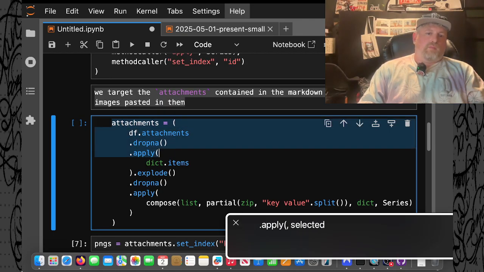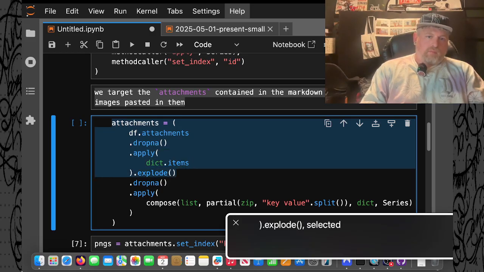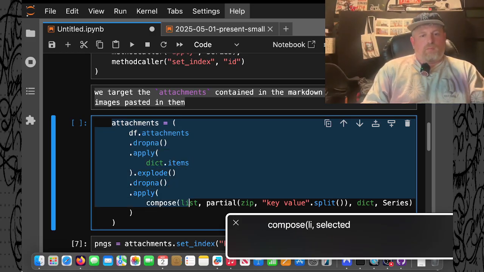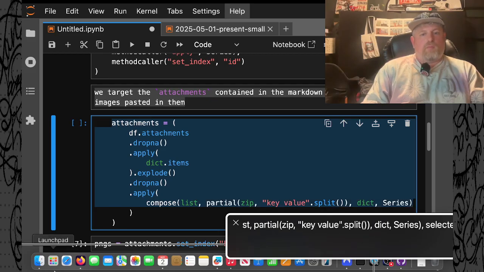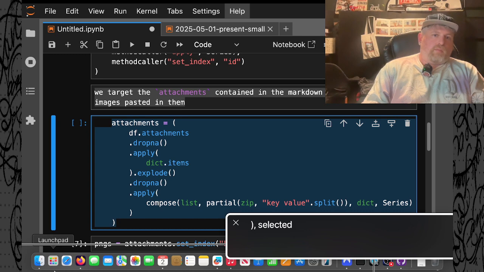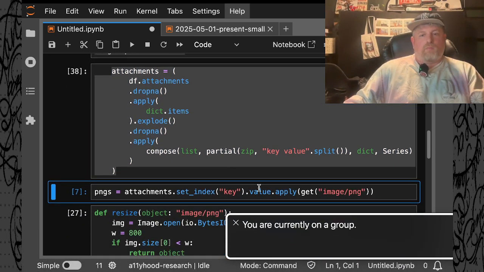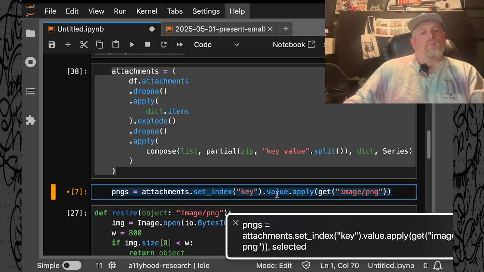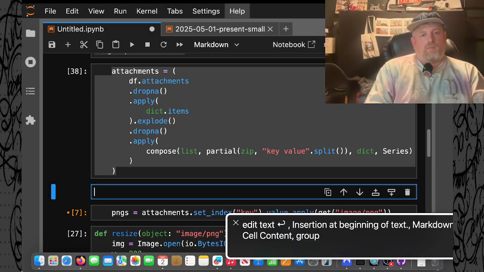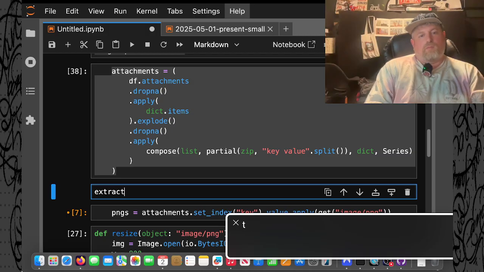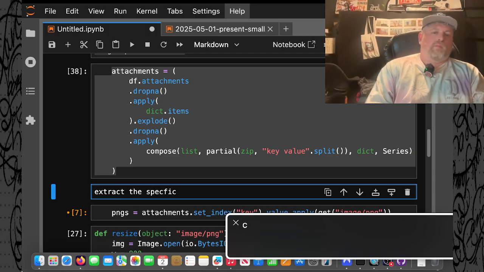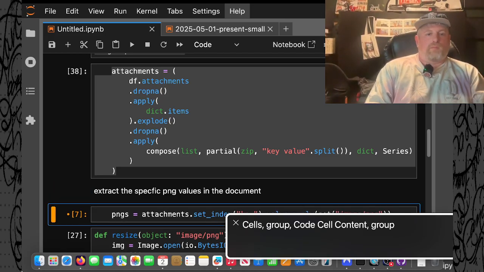Dropna, selected, apply, selected, dict items, dot explode, select dropna, selected, apply, selected, compose, Lee, selected, street, partial, zip, key value dot split, dict, series, selected, right parenthesis, cells, group, code cell content, group. You are currently on a group. Period, drop PNGS equals attachment set underscore index, key dot value of set mark edit tag, E, T, A, C, C, C, T, T, E, the, F, E, C, A, C, P, G, PNG. L E I T the D folk O D D O U N E T cells group code cell content